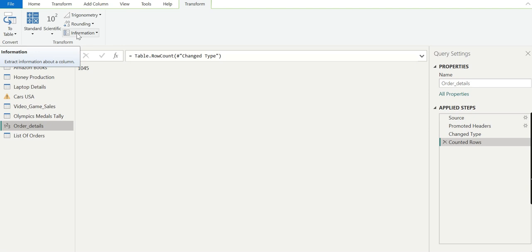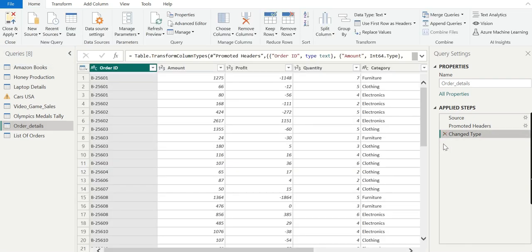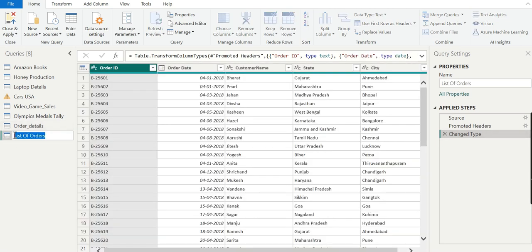Now let's head over to the list of orders. Now just open the list of orders, and this is where some additional work needs to be done. First thing, we need to count the rows.